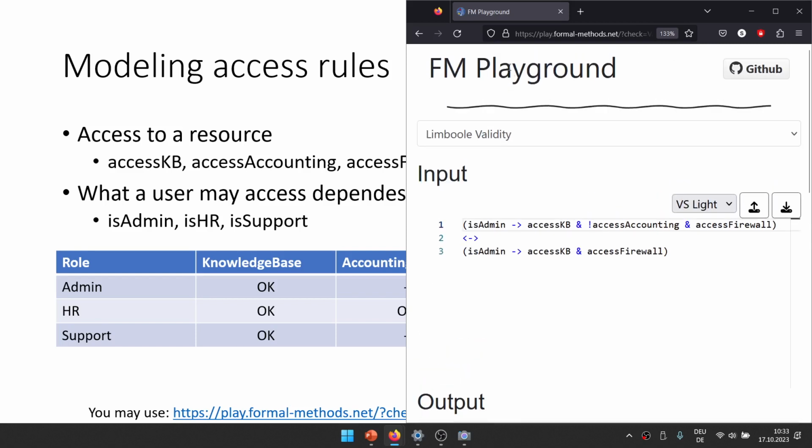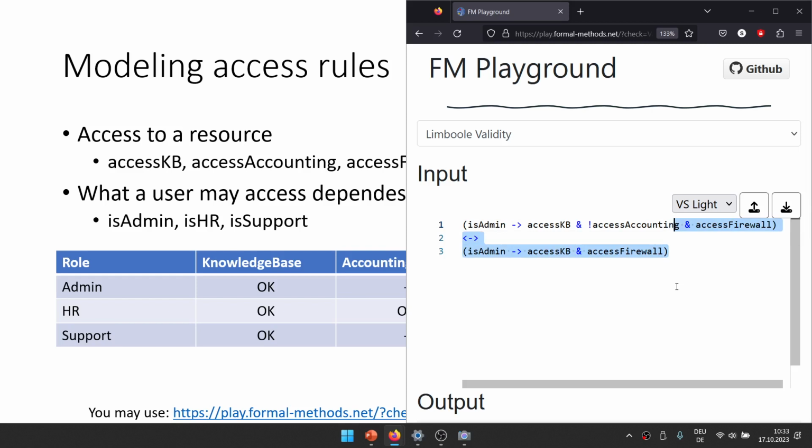So which one do we take? Well, okay, let's try the first one, right? Now, should we translate the other ones in a similar way? Okay, and so let's take the next one: HR implies